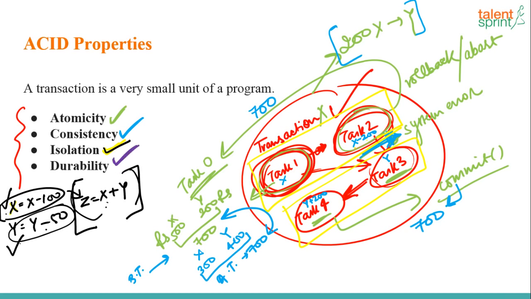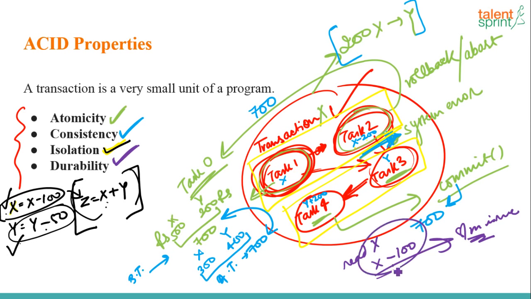So what does durability mean? It simply says that even on system failure, changes that you make to your database are persistent. So you read the value of x, you make some changes to the value of x. Even if there are some system issues or some error occurs, your database should be durable. Either it should roll back or it should commit, but whatever changes are made, they should be saved back to the database. You cannot make changes in your transaction and not commit them back.